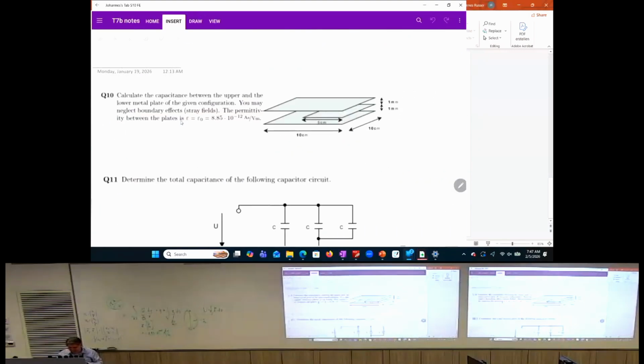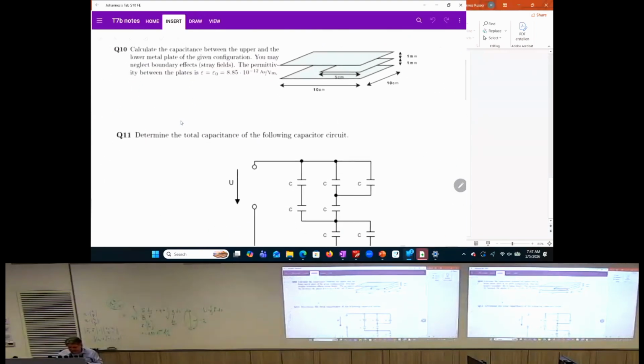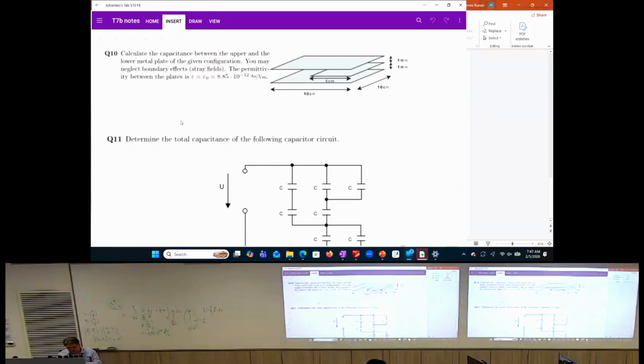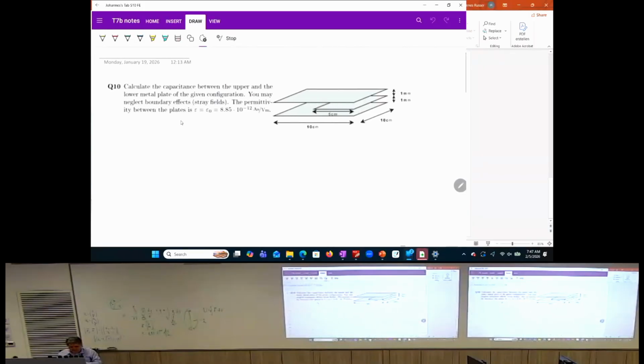I can show you this problem. This is actually question number 10 from the tutorial book. If you look at this capacitance, and you have seen how we could work with this equivalent circuit, these elements when we have this geometry of the capacitor. Here it asks to calculate the capacitance between the upper and the lower metal plate of the given configuration. You may neglect boundary effects, meaning no stray fields, and